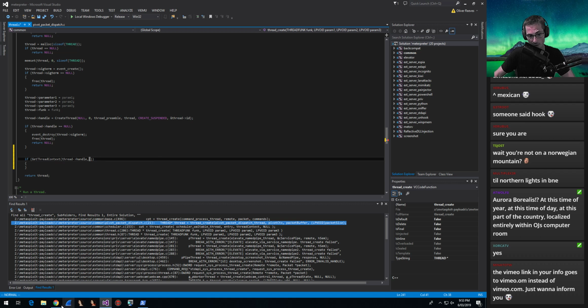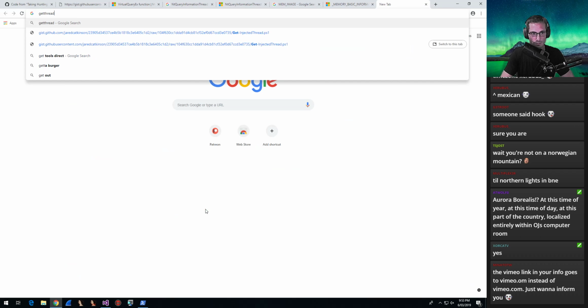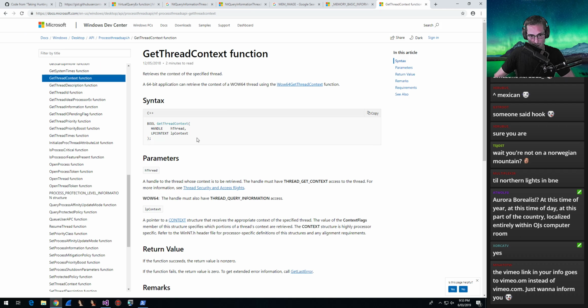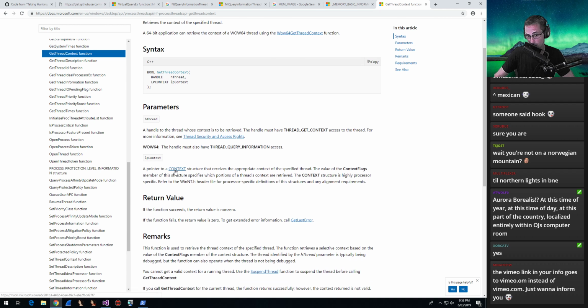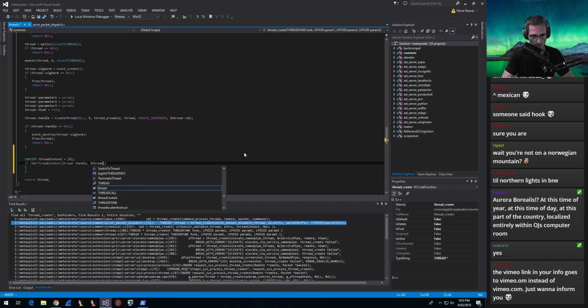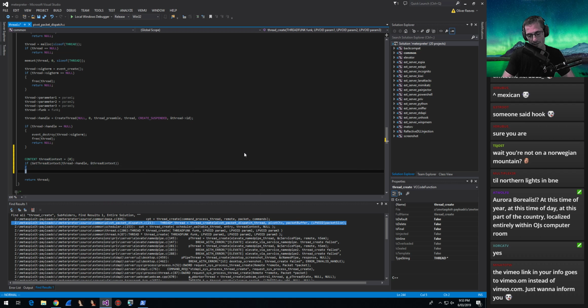So let's just go and look at the documentation. Get thread context. Okay. So, a pointer to a context structure. Really? Was it as simple as that? So we need a context structure. We'll initialize this to 0. And then we'll pass that in here. Now, if it doesn't work, I'm just going to let things continue. But if it does work,